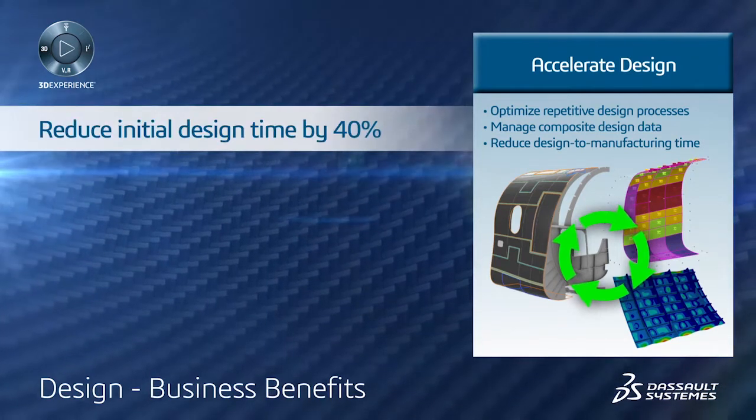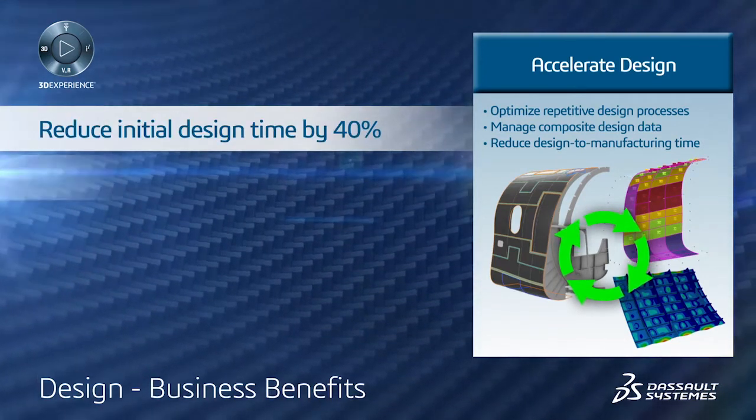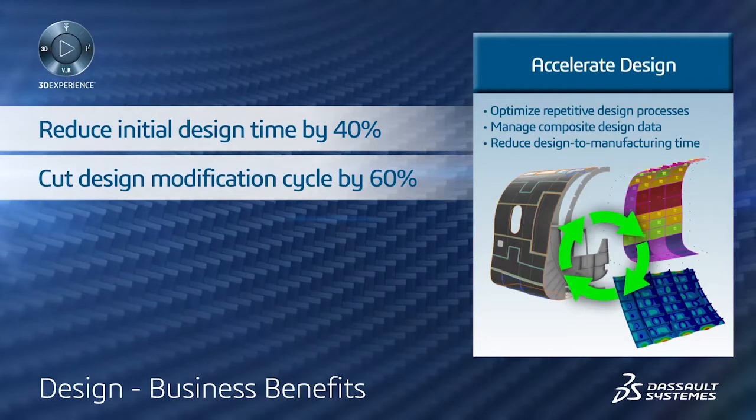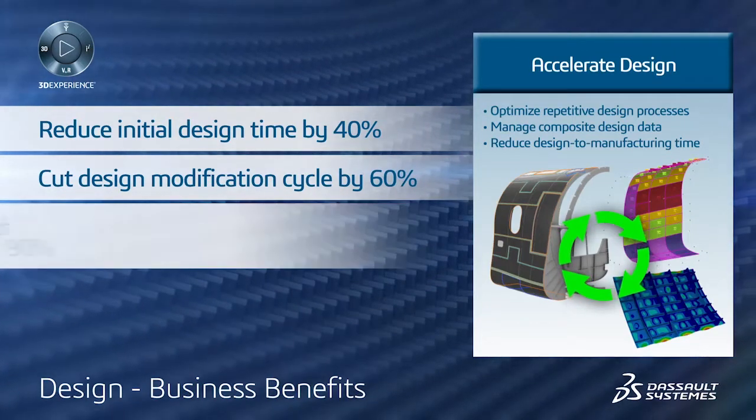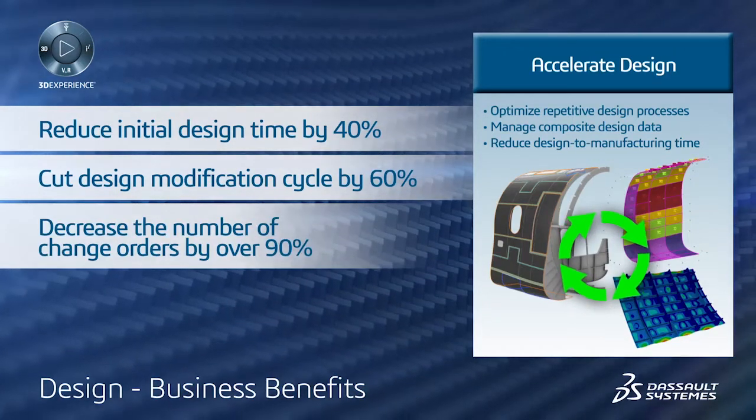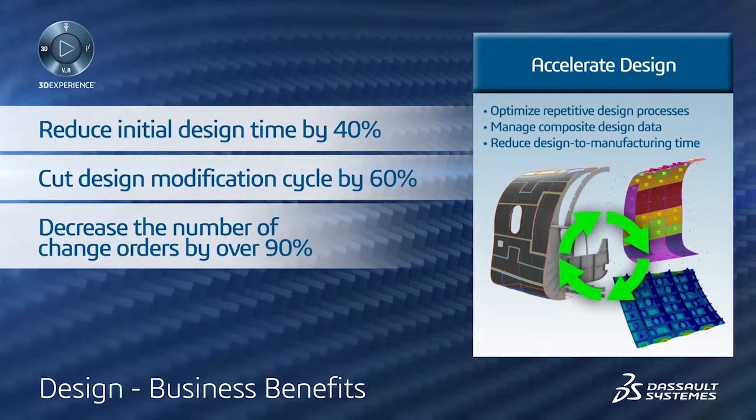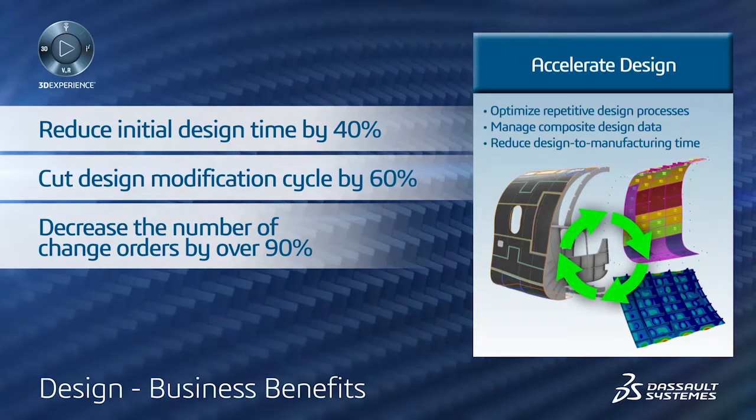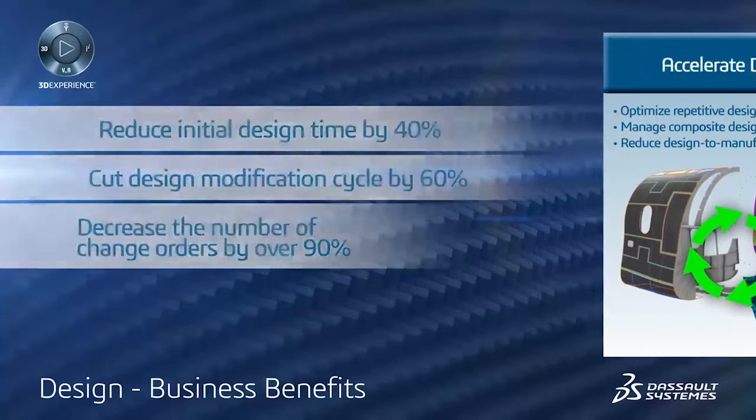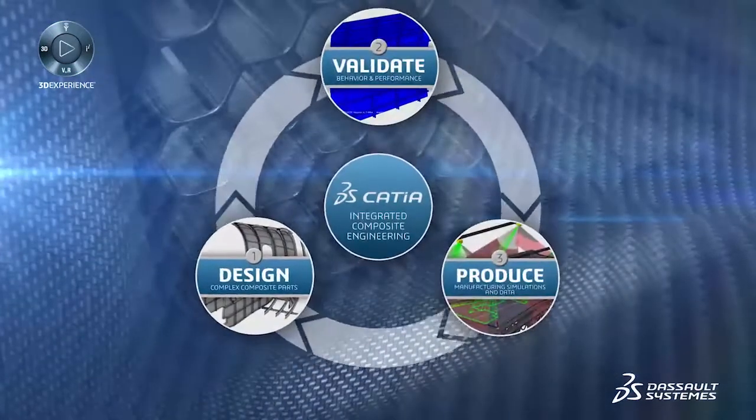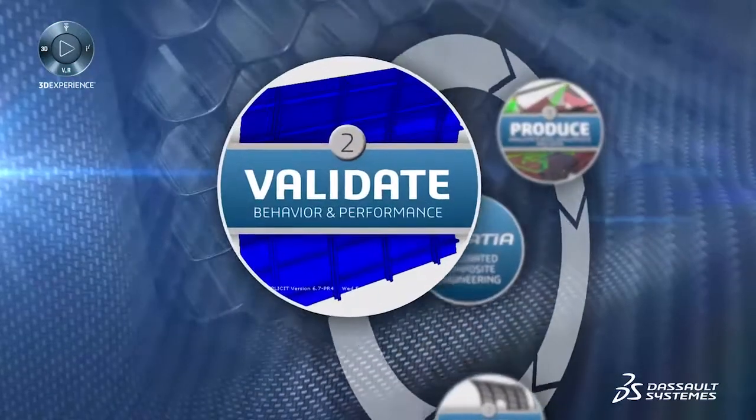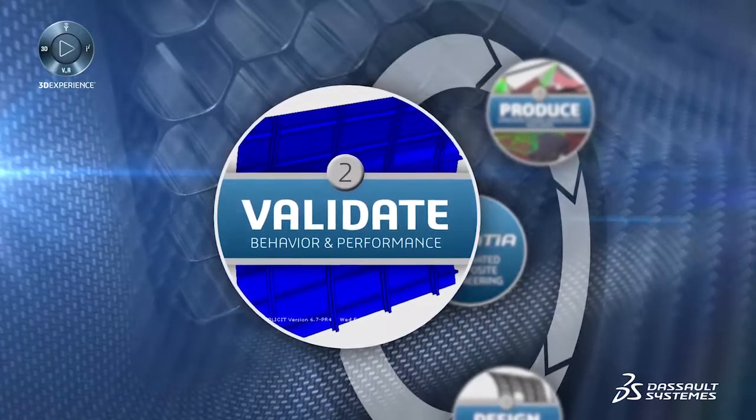Initial design time can be reduced by up to 40%, with design modification time being reduced by up to 60%. Change orders can also be decreased by over 90% by eliminating the late discovery of design errors during the downstream analysis and manufacturing. Now let's look at how we analyze, optimize, and validate our designs for structural integrity and thermal